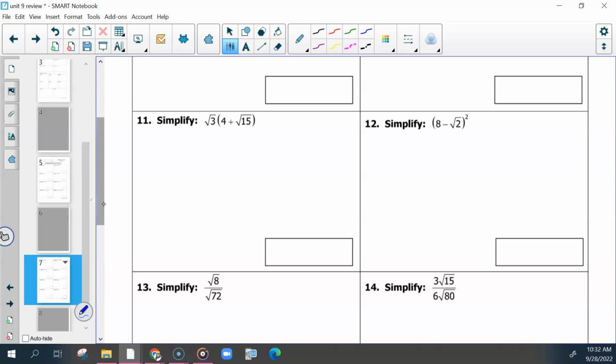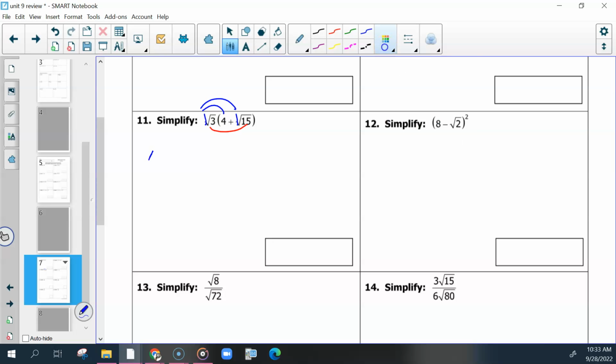Okay, for this number 11, we are distributing to multiply, then add at the end. If you need to see what's inside, what's outside, there's a 1 out here, there's a 1 out here. We're multiplying that 1 to 4, that 1 to 1. Then when we multiply this square root, there's nothing to multiply here, but it's just going to get dragged along, and those two are going to multiply. So it's going to look something like